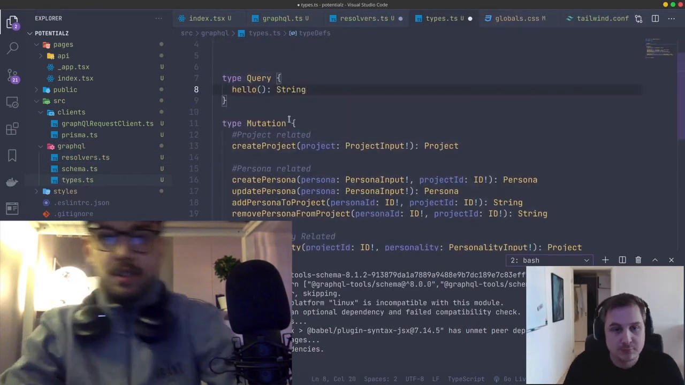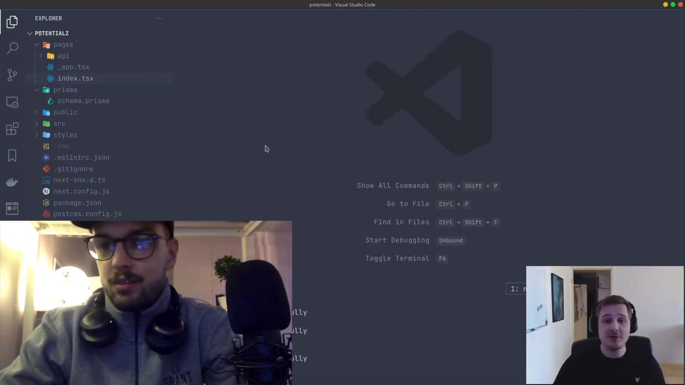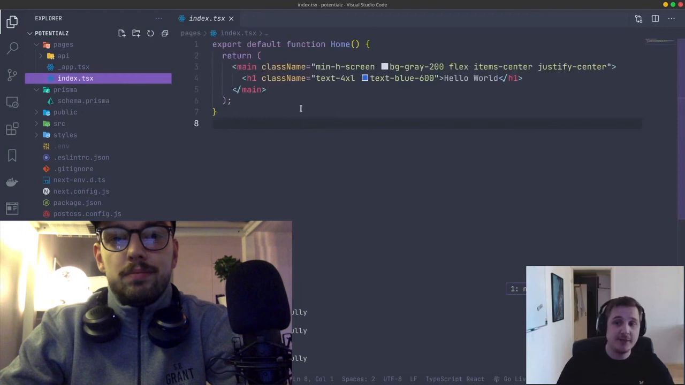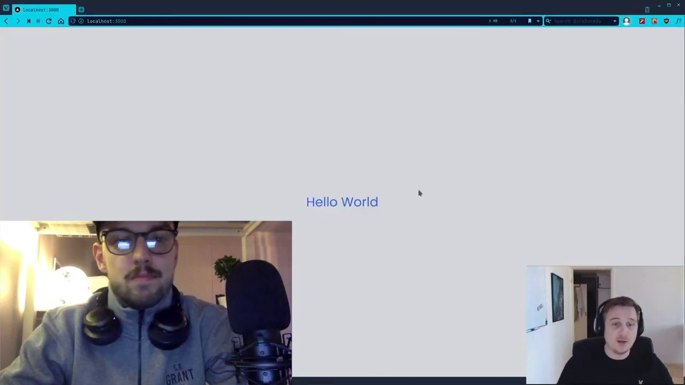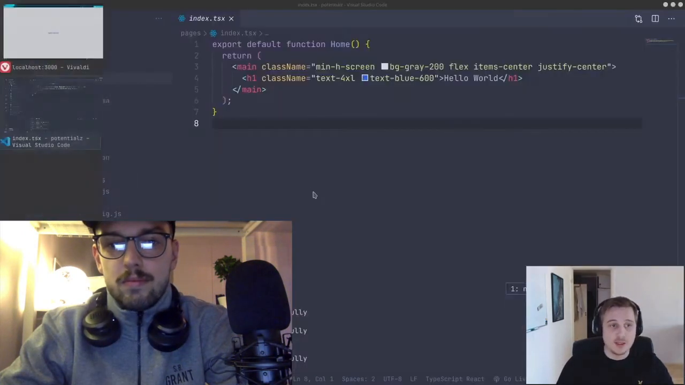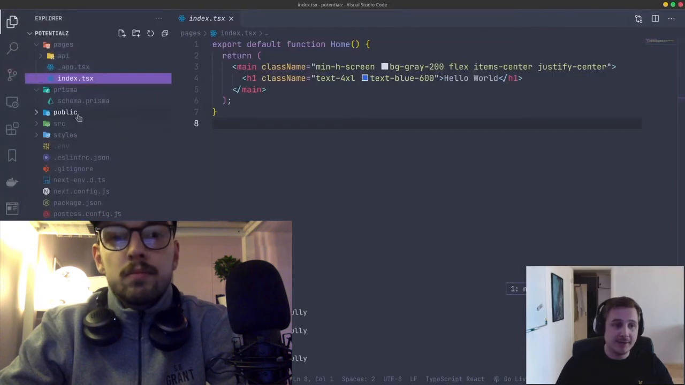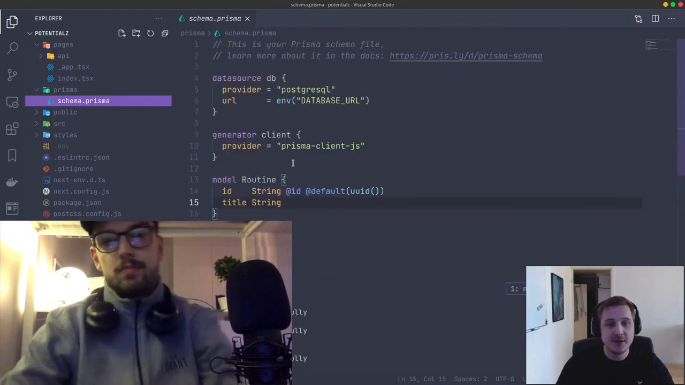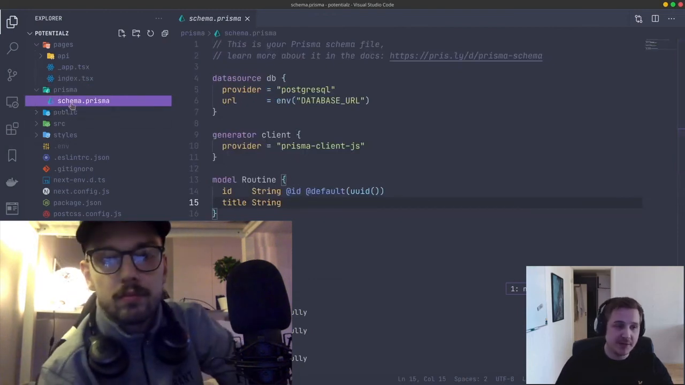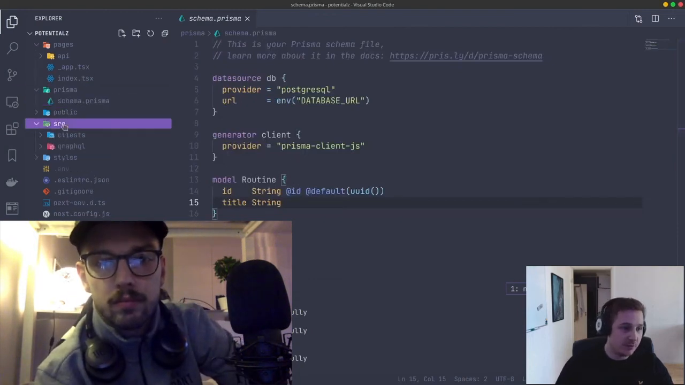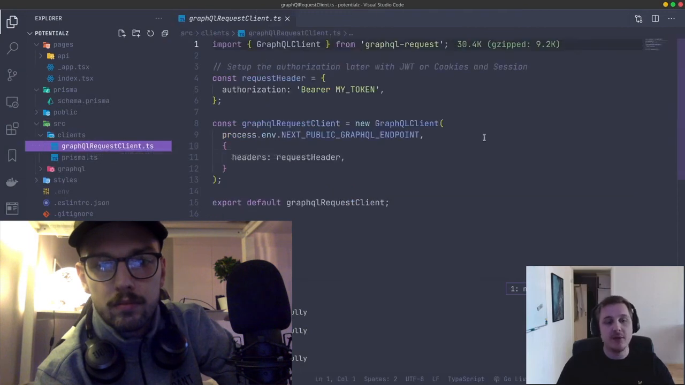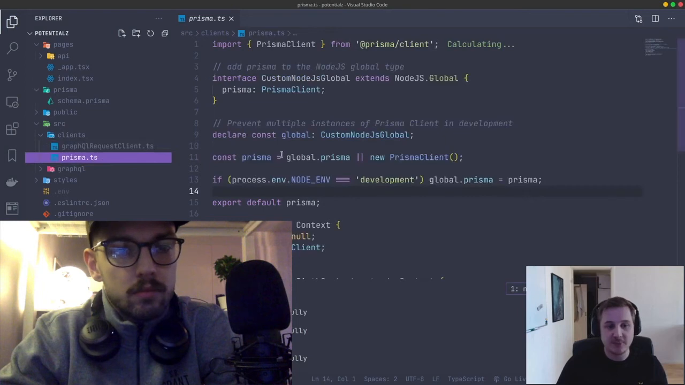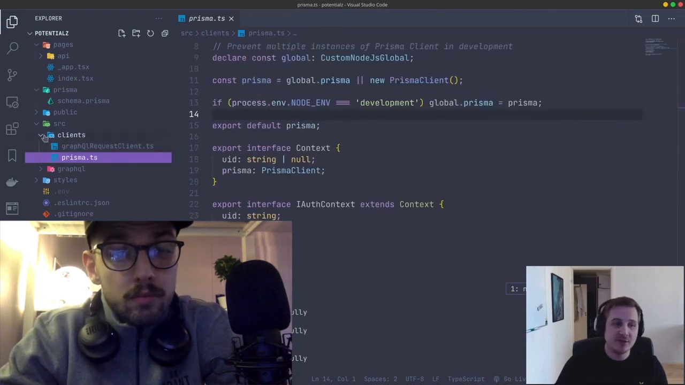Okay, so I've set up the project now. I've converted it to a TypeScript project, and if we visit the index page, all we're going to see is a hello world. I've also added a super simple Prisma schema to include Prisma, as well as copying over 2 of my old clients there for when we want to fetch GraphQL requests later on, as well as the Prisma, which is the ORM, which I mentioned,